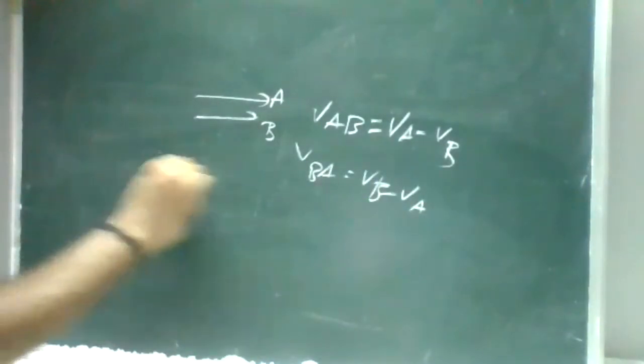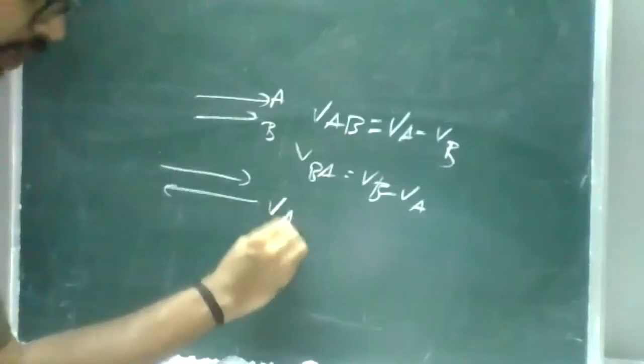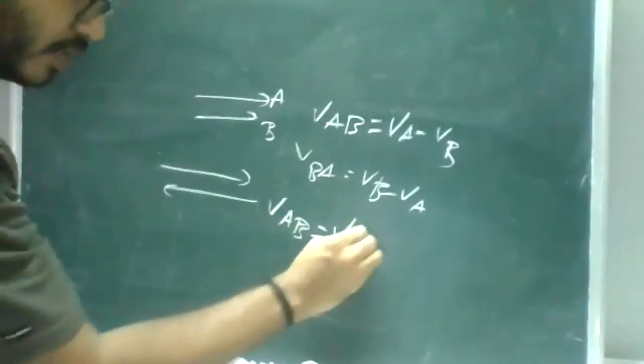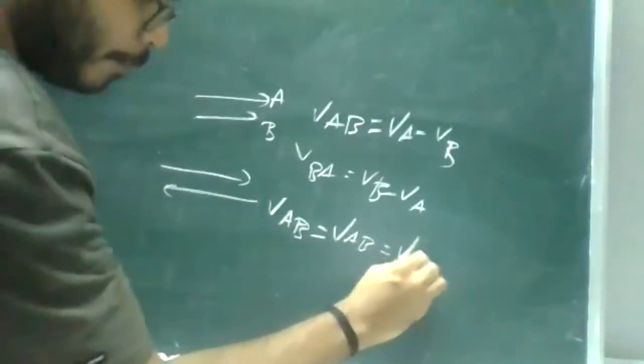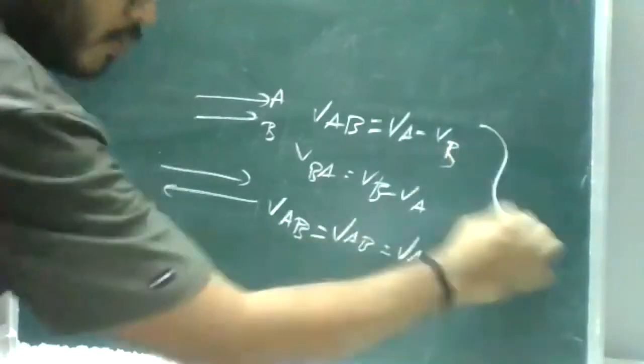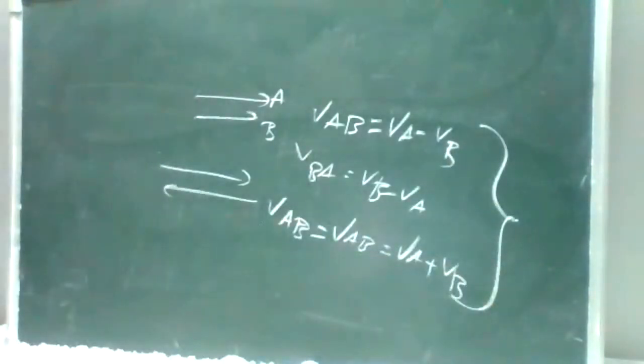The same thing when both are in opposite direction, VAB and VBA ரெண்டு சேமா இருக்கும், which is equal to VA plus VB ன்னு சொல்லிட்டு நம்ம டிஸ்கஸ் பண்ணோம். So these are your relations in single dimension, that is your motion is straight line. இப்போ 2 dimension motionsல இருந்தா எப்படி இருக்குன்னு பார்ப்போம். So assume both objects are traveling in the same direction, one with respect to other.